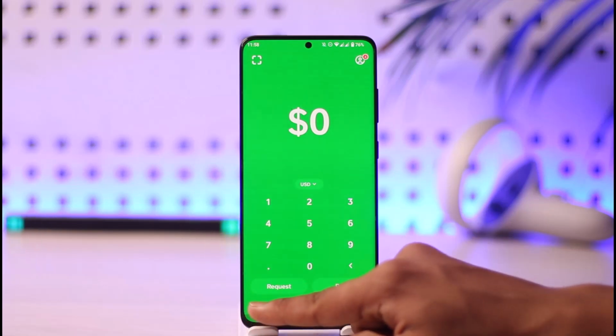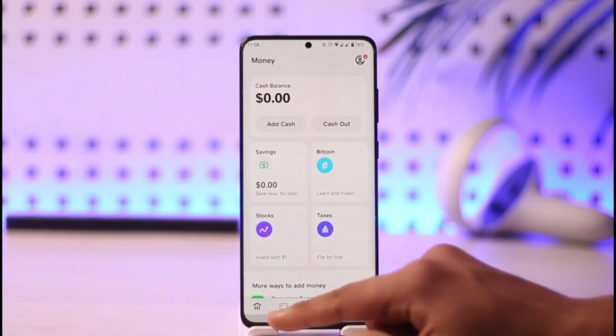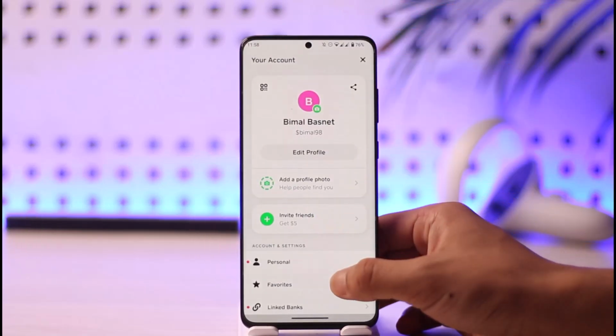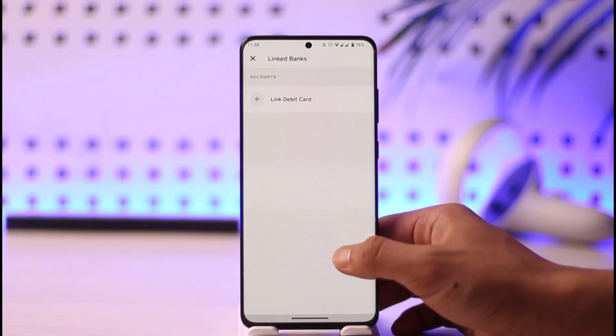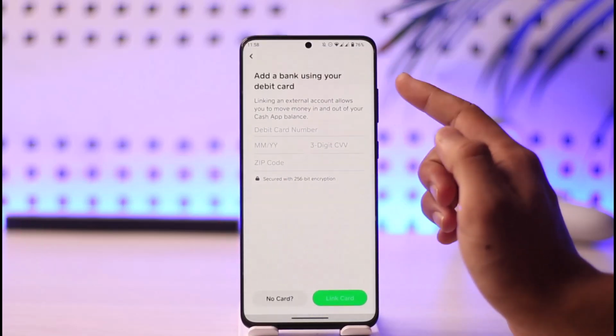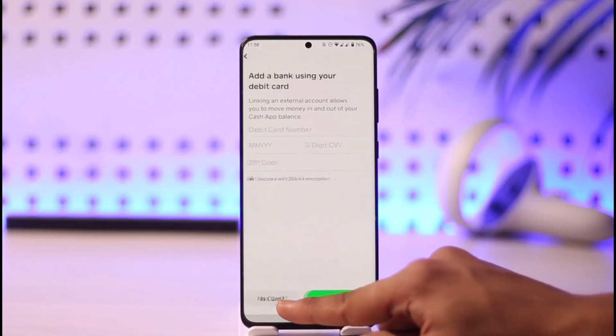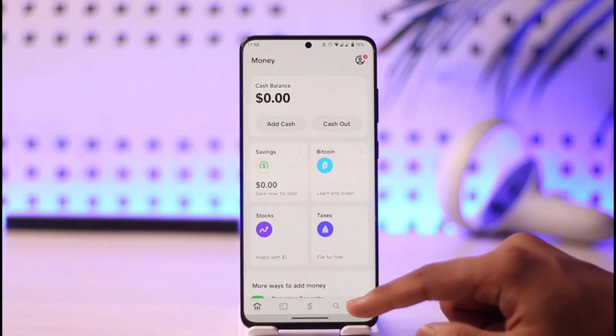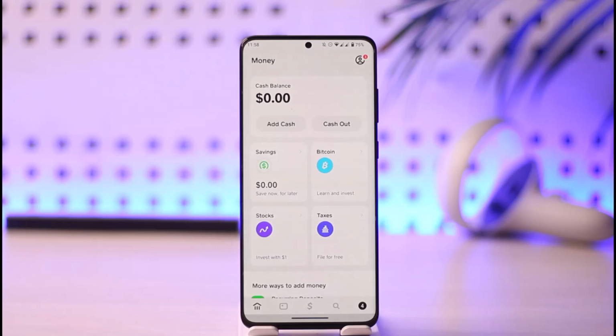The first is just make sure that your proper bank account is actually linked. To check, just tap the profile icon from the top right hand side of the screen, and then you want to simply go to linked banks. Just make sure to link your debit card. If you don't have a debit card, you can tap on the no card option, then you can link your bank account from this specific page. It could also be due to insufficient balance, so just make sure that you have enough balance on your Cash App account as well. If none of the solutions help, the only thing I can recommend you do is to